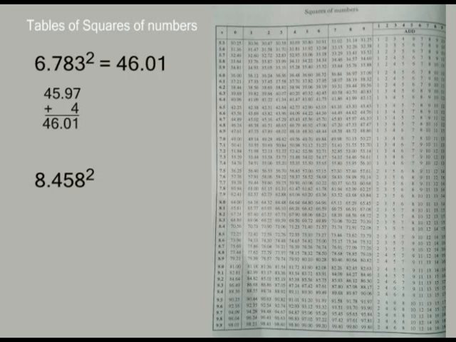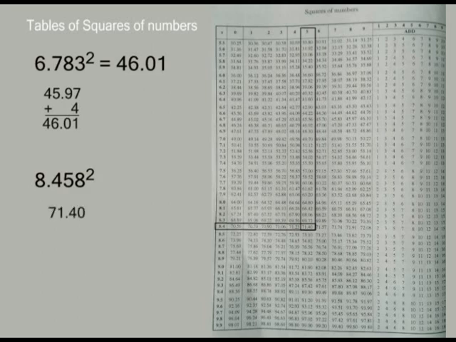Next example, 8.458 squared. First decimal place is 8.4, so we are here. Next is 5. The column of 5 and the row of 8.4 coincide here. We read this number, it's